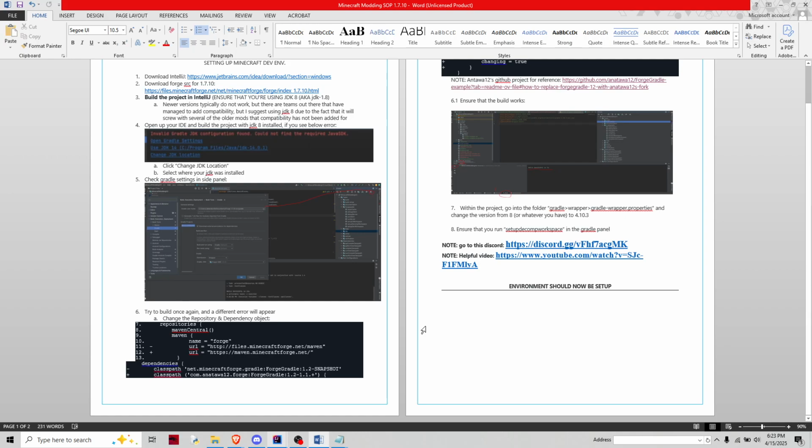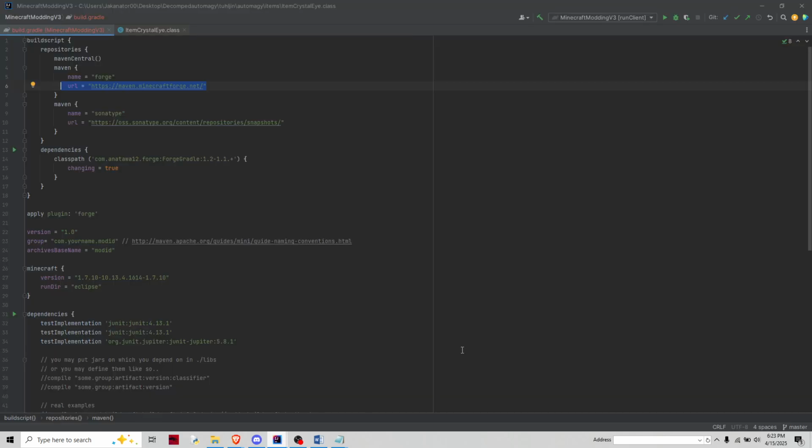And as an aside, within the project, you can go into the Gradle wrapper properties. I suggest that you do it because there can be, again, some niche errors that can occur, and you want to change the version from 8 or whatever you may have to 4.10.3. So again, just going back,